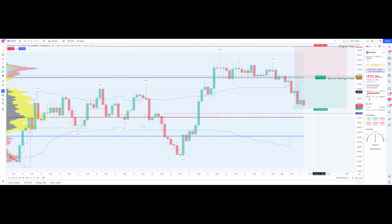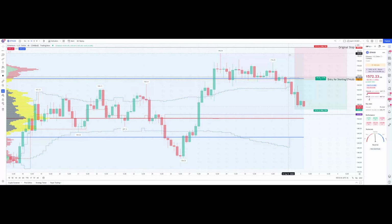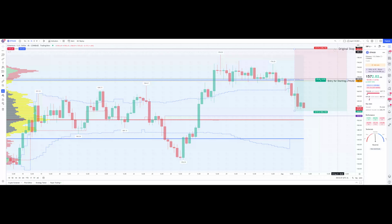Hello, this is an update for the previously provided trade idea to short Ethereum, ETHUSD, a couple of days ago. Now we're at August 2nd, and our short is doing quite well, at about 6.5% from the entry. The original entry was at 1683, and the original stop was quite high at 1816, so 7.5% above. And our take profit was lower originally, but I would like to show something that allows